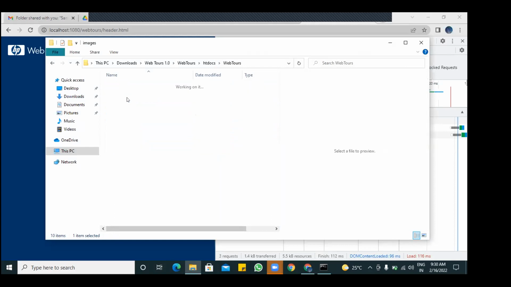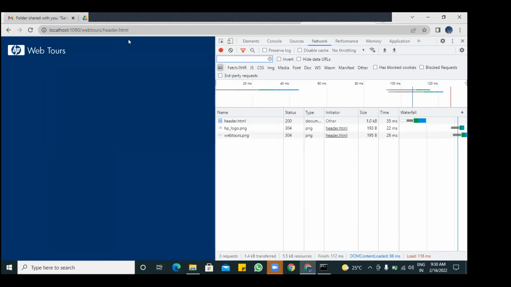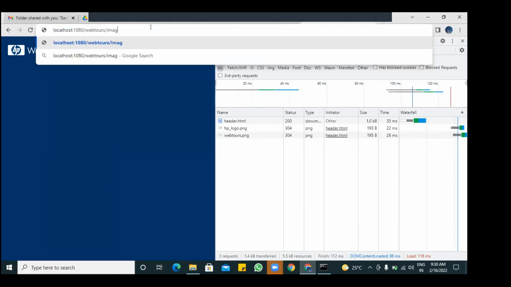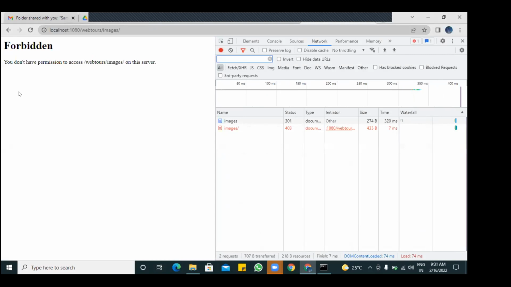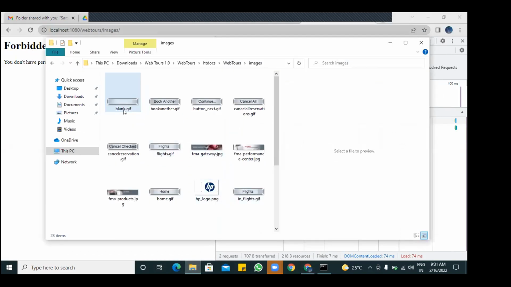Suppose in the images folder, there are certain images. Let me send a request to images. In that WebTools folder, you have a folder called images. Observe here, it is showing that it is forbidden. You don't have permission to access images on the server. Let me mention the image name.